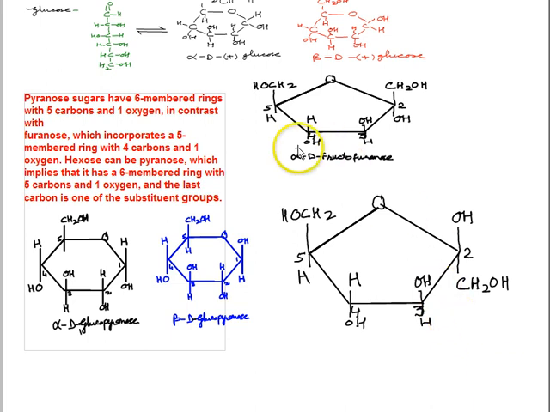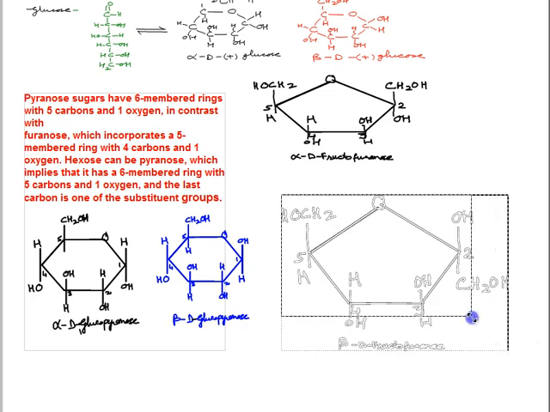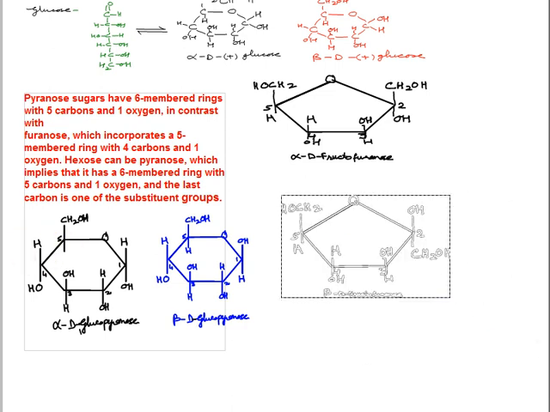So this is the only difference which we find in these forms. So if I want to write now beta D fructofuranose, I just put here beta D fructofuranose. This is not very difficult, but you have to be very, very careful that the position of OH and CH2OH is very important as far as alpha and beta compounds are concerned, and accordingly their bonding is affected. So these two you may like to draw. Just pause this video as I have told you a number of times, and draw it.